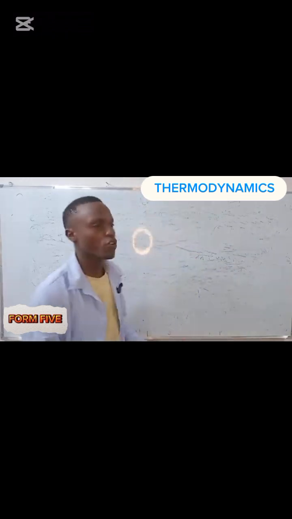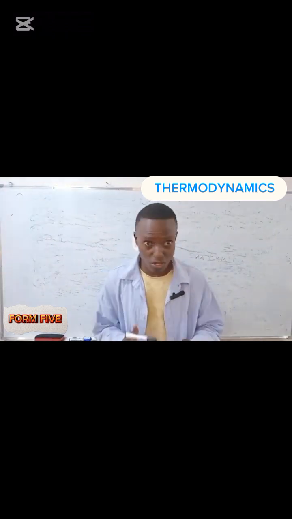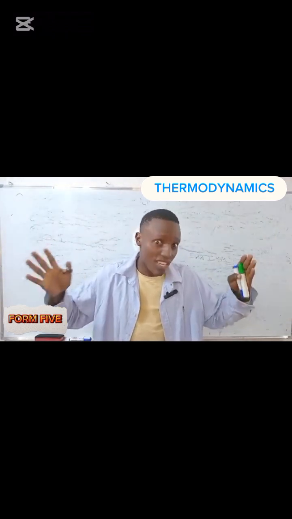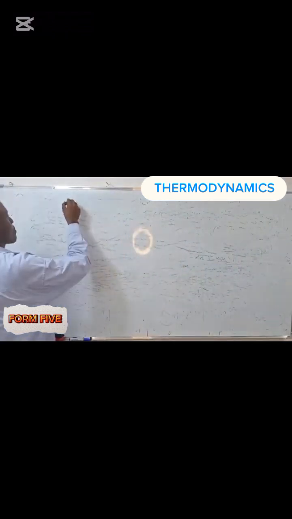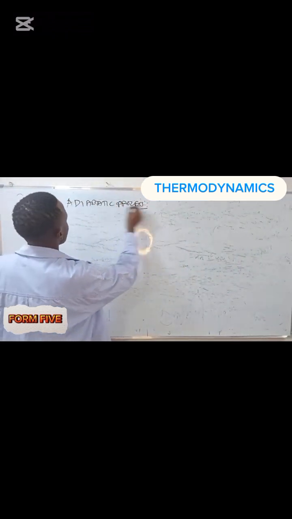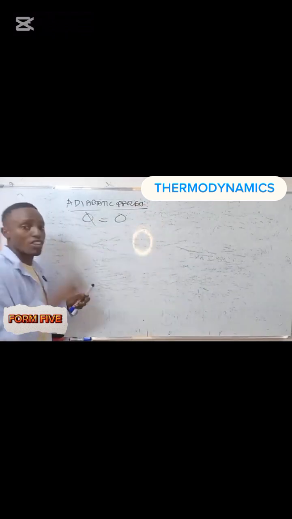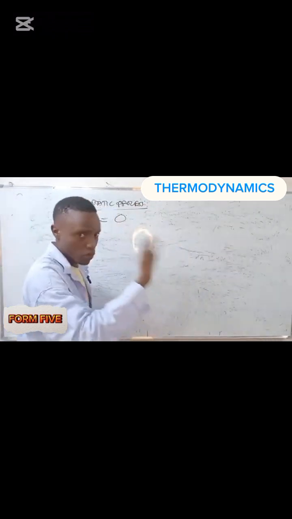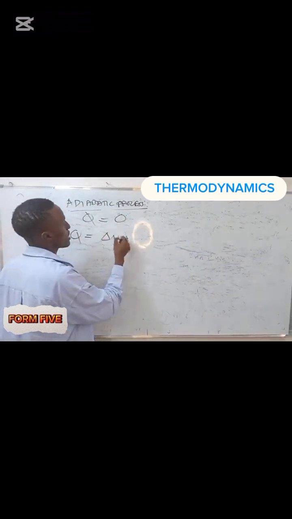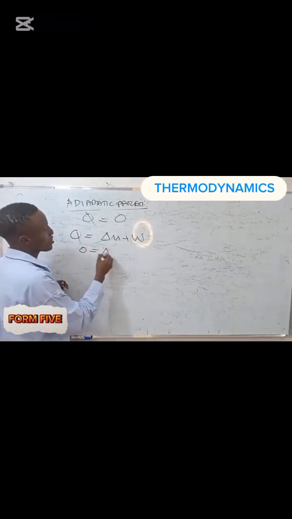Okay, let's go to the adiabatic process. The adiabatic process is a thermodynamic process that occurs without the exchange of heat with the surroundings. This occurs when the heat supply to the system is equal to 0, meaning there is no supply of heat to the system. The heat supply to the system is equal to the internal energy plus the external work done, according to the first law. So we know this heat is equal to 0, so it's equal to the internal energy plus the